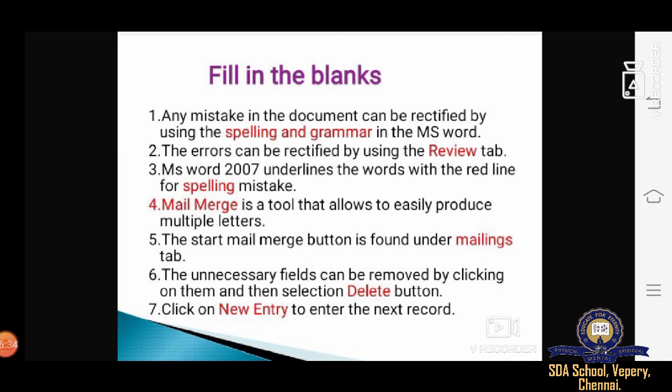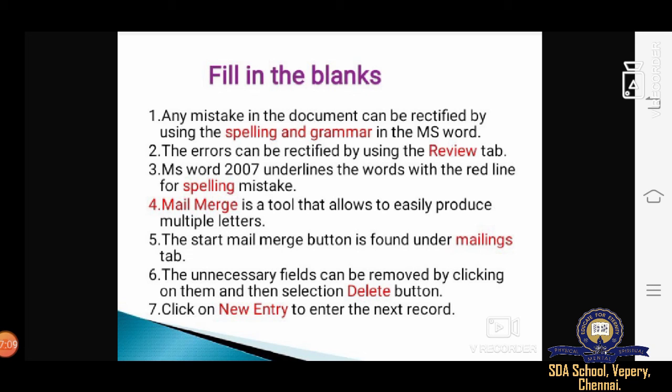The second one, the errors can be rectified by using the review tab. MS Word 2007 underlines the words with a red line for spelling mistakes. Whatever spelling mistakes you make while typing, immediately a red line will appear.